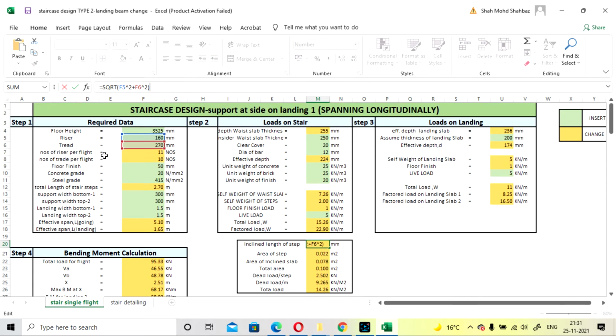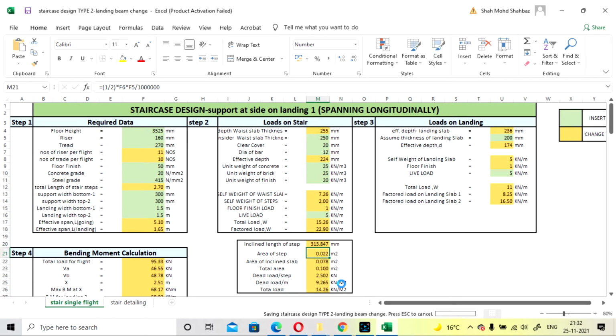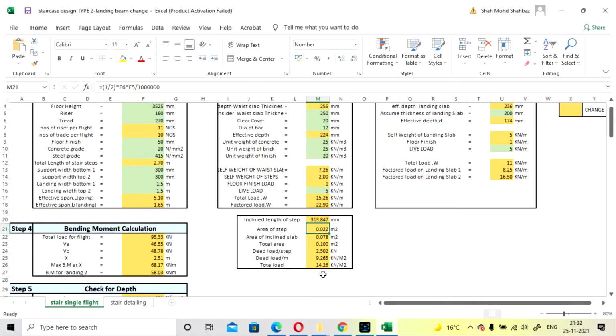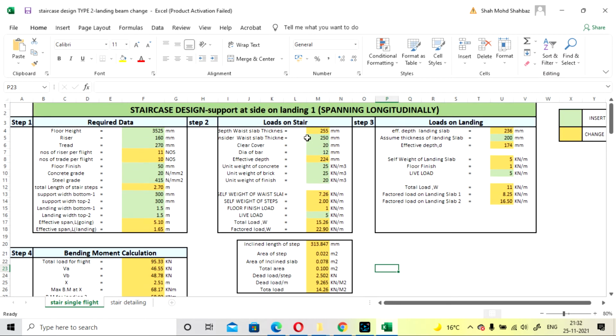This load is coming here as 14.26, which does not include the total loads, so this is without the live load. Here the factored load is considered as 22.9 for the stairs part, that is, for the base slab.